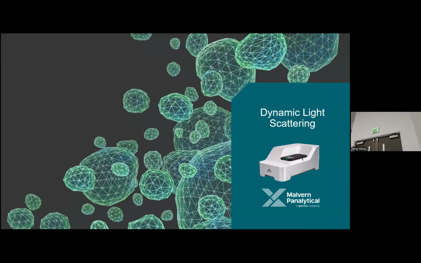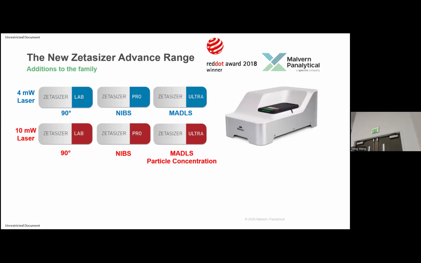Let's switch gears and now let's talk about dynamic light scattering. With dynamic light scattering, we have 6 different iterations of the Zetasizer. They all measure zeta potential to the same capability, but where they differ is their size. So we think of